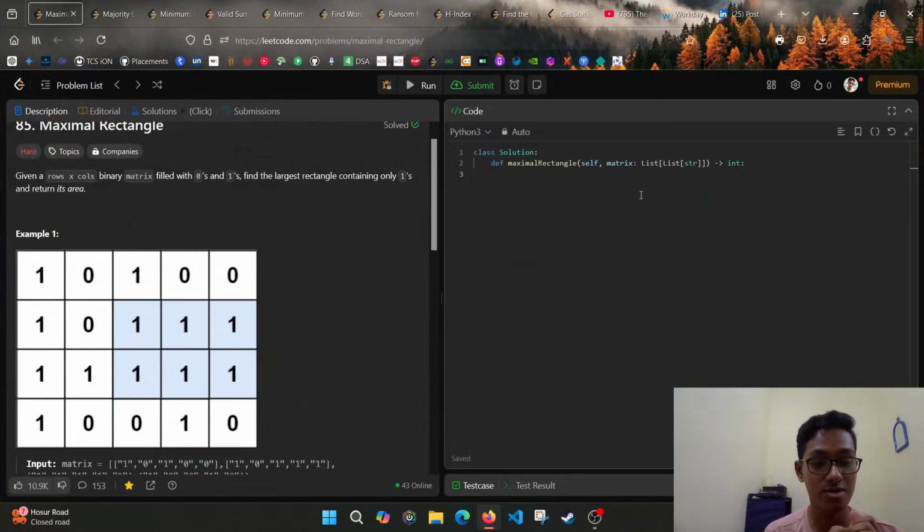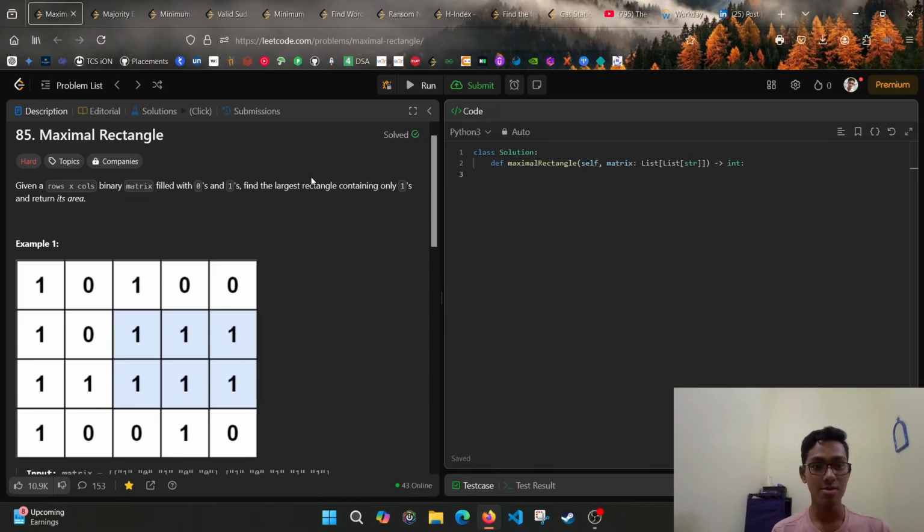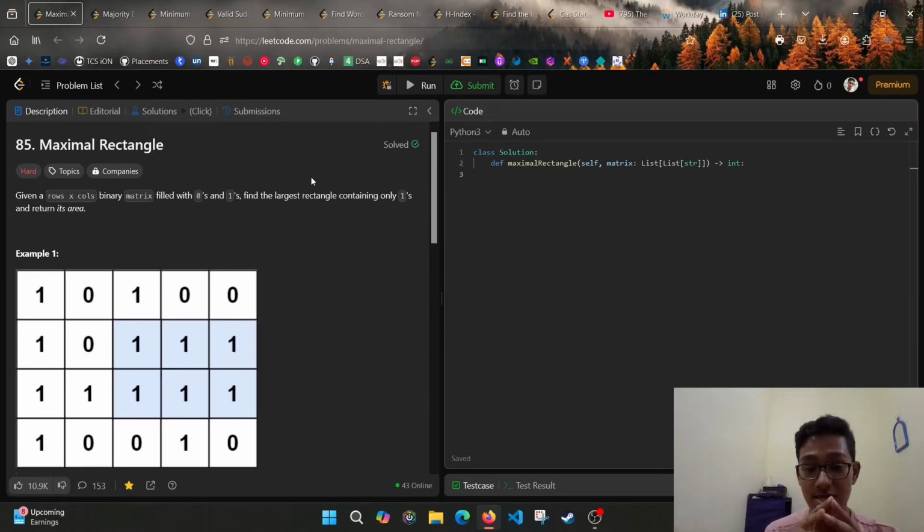So I am now back with another LeetCode problem, LeetCode problem number 85, right? This problem is actually in the hard category, so it will take some time to come up with the optimal solution. So the problem is, let's see,